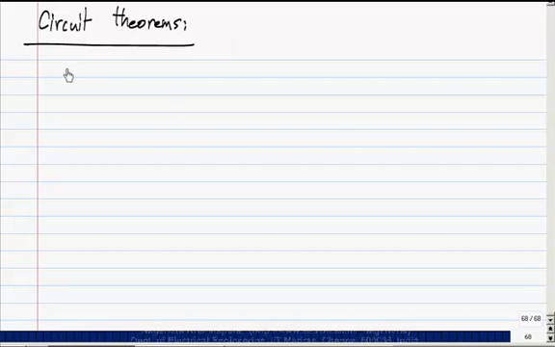Now, the first thing is, let's say I have some circuit, and for now, since we have dealt with only resistors and independent sources and controlled sources, we will assume that our circuits will contain only those things, that is, no capacitors and inductors. Now, some of these theorems may be true in some form even in those circuits, but for now we will not worry about that. For us, only resistors exist.